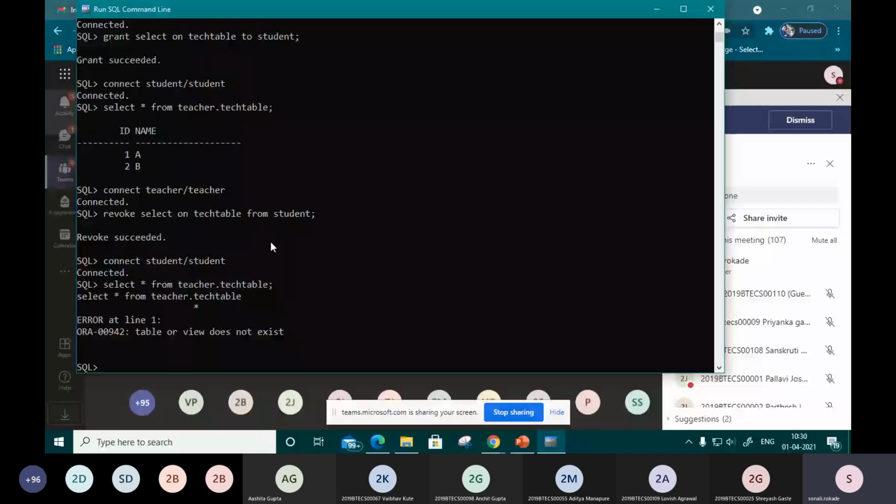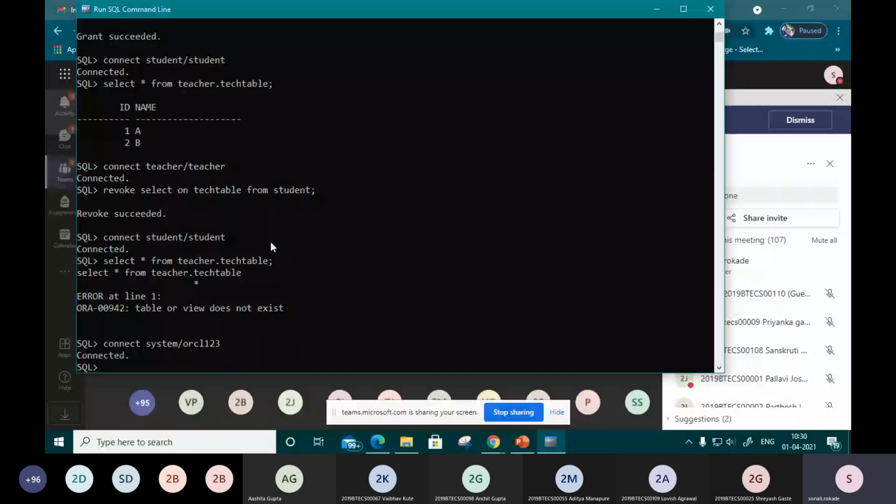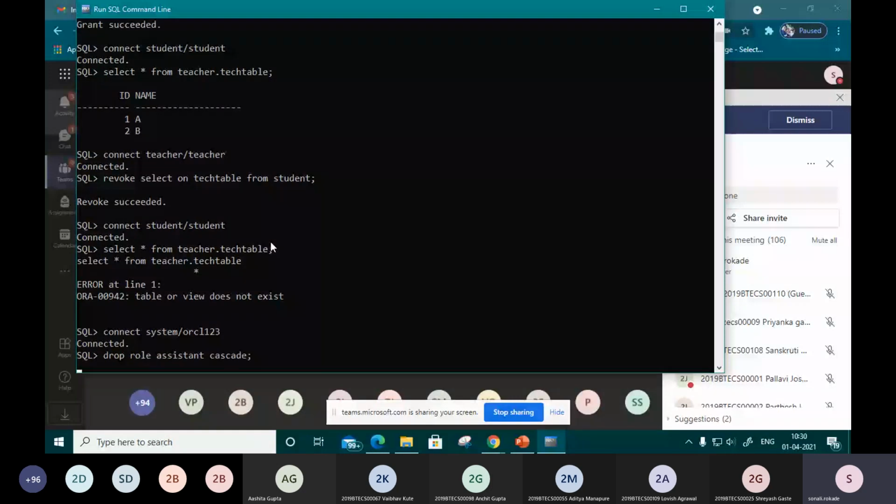So for that purpose, we have to connect with system, and then we can drop that role. Drop role assistant cascade. Cascade is nothing but all the properties. So the role is dropped.